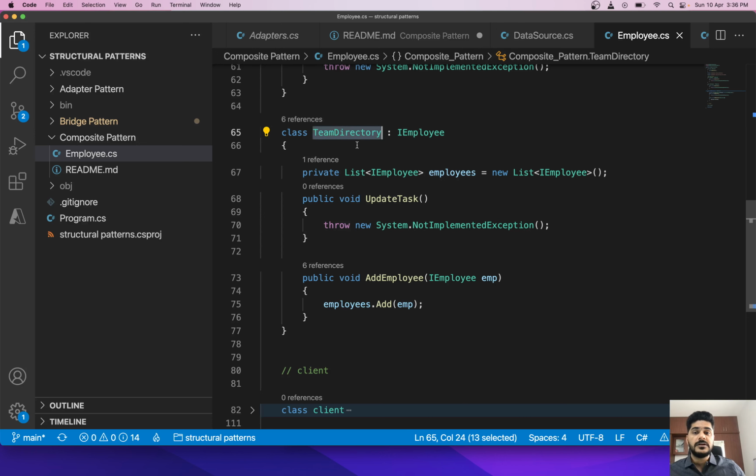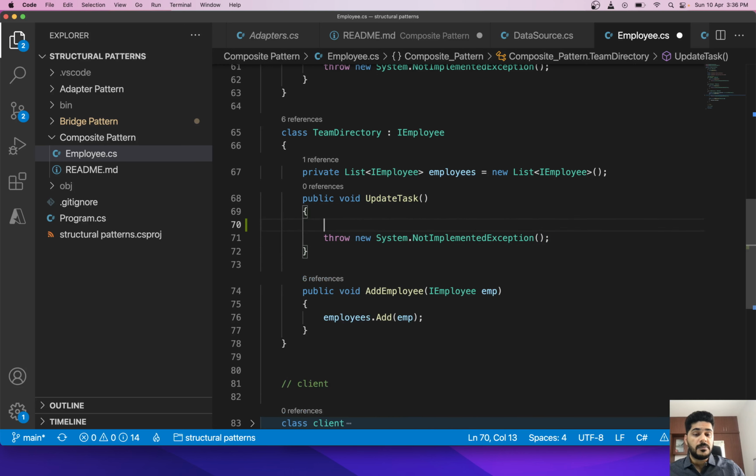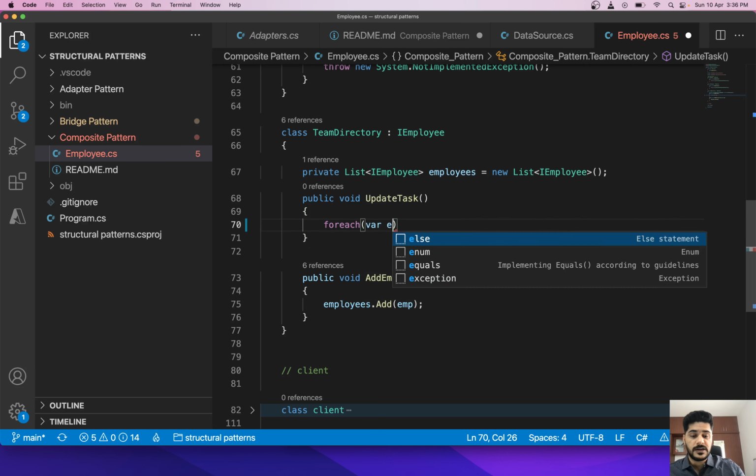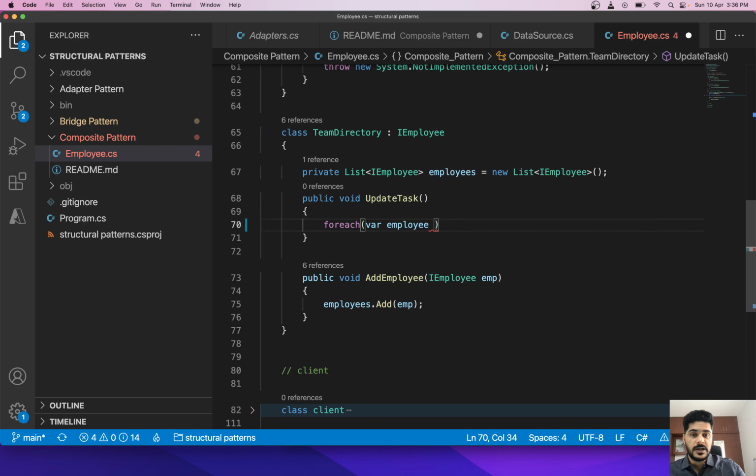So when I have a team directory, you can call it a team. It will have a list of IEmployee. List of IEmployee means you have managers and developers inside it. Then maybe here you also have update tasks, right? And this one can be used to run and update tasks of all the employees. So how can you achieve something like that? I will run a loop on it,